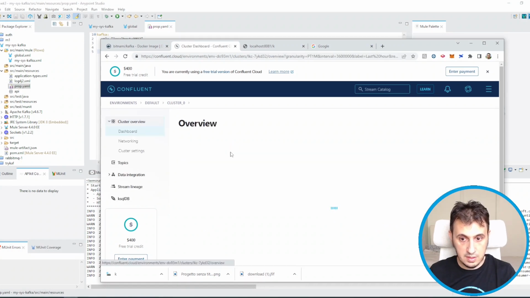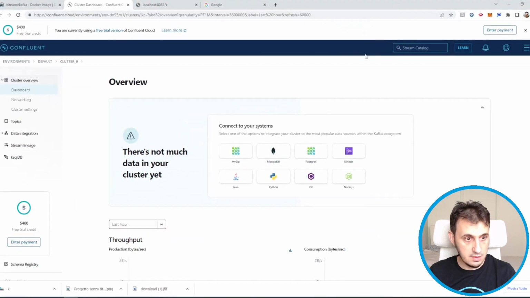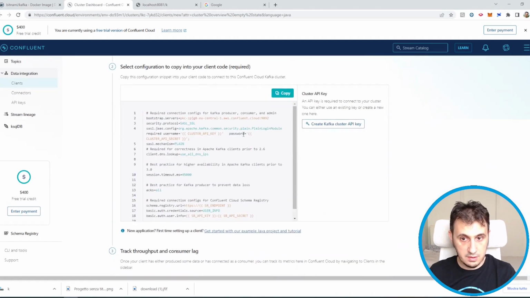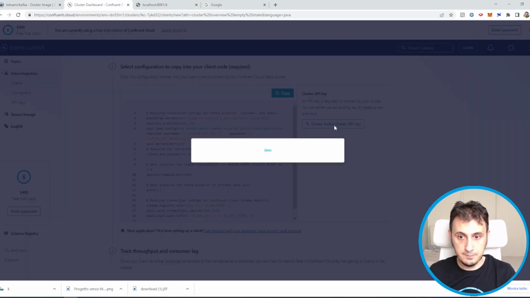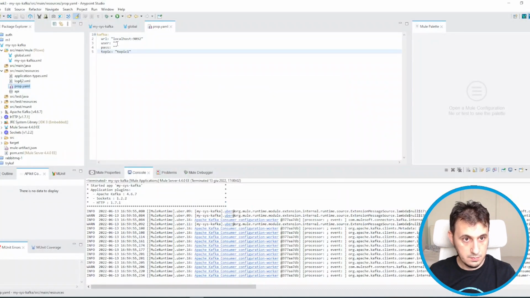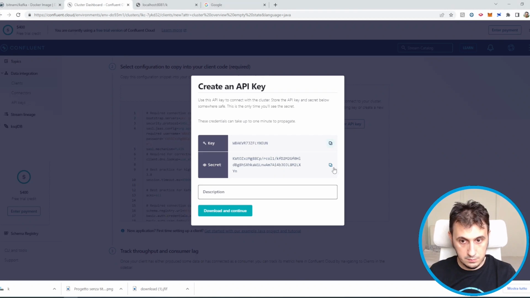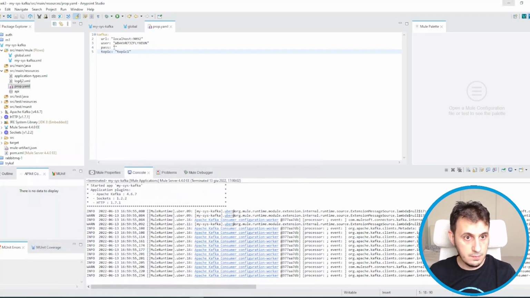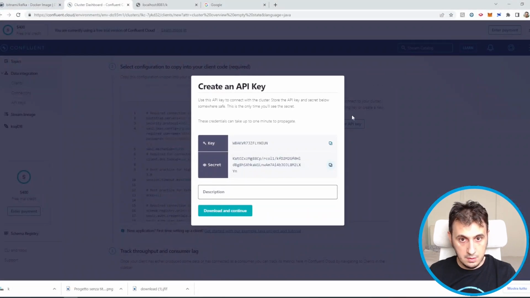Let's take the cluster configuration. For example, I create a Kafka cluster API key. This is my user and password.